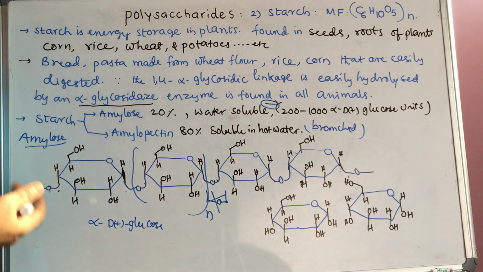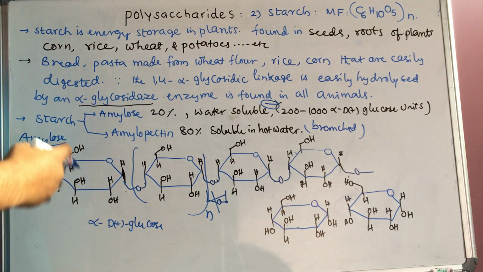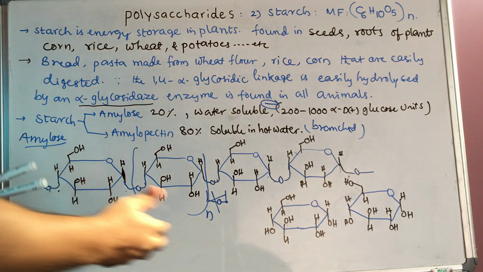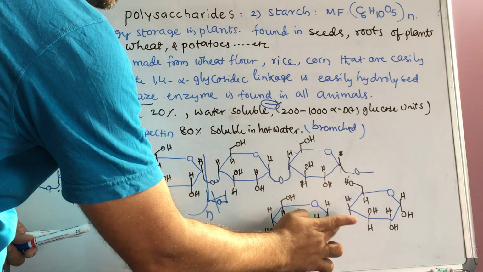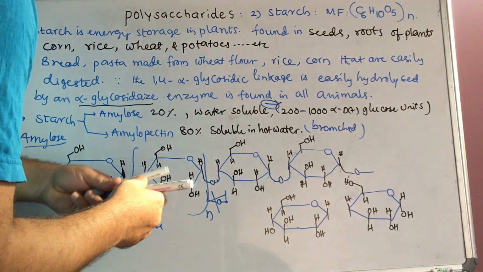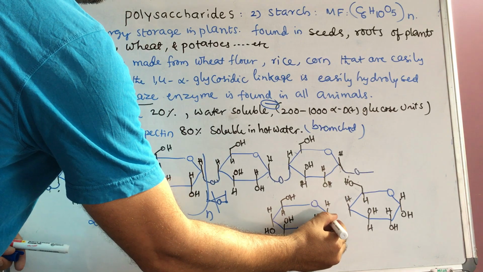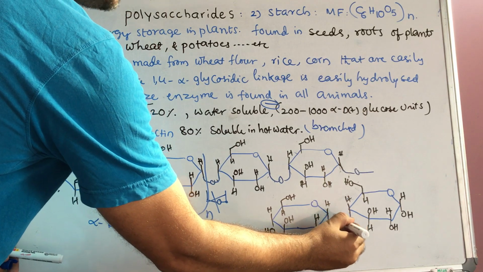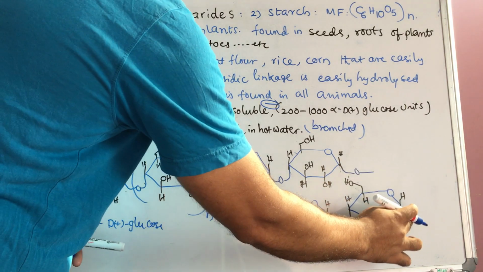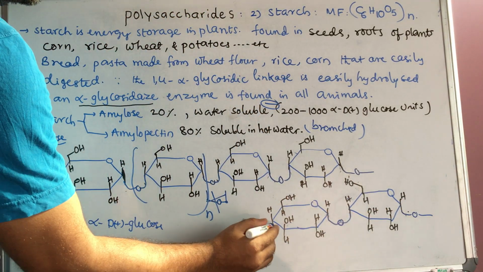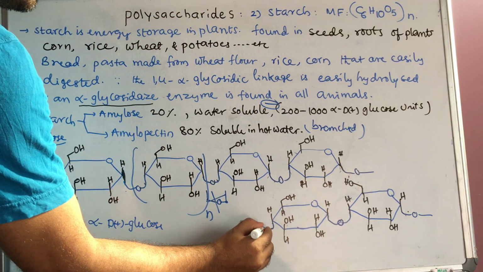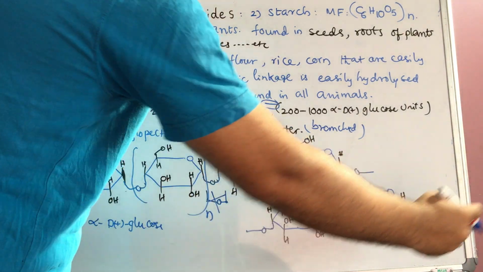Once again, I can't write this structure, it is a time waste process. That's why in this I will try to write the amylopectin. So one more chain I represented here. Here also OH and H, a water molecule is lost, and one oxygen is left. So that will be a 1,4 glycosidic linkage. Here, if the next molecule is there, here also a 1,4 glycosidic linkage, and here also one water molecule is lost like this. This is also one amylose structure.